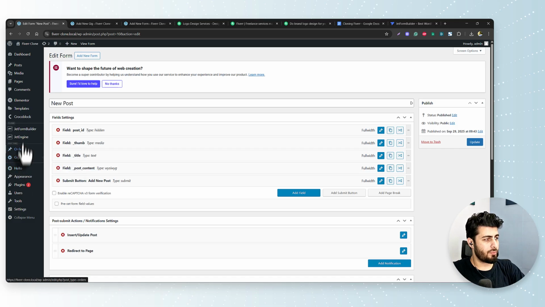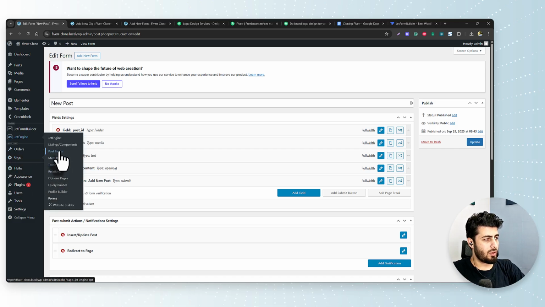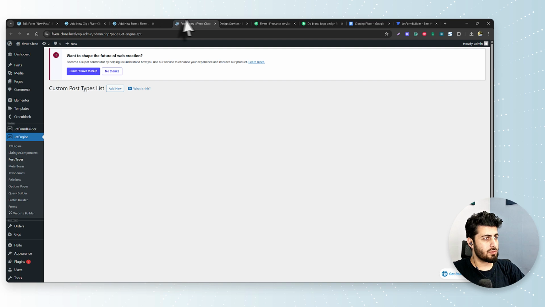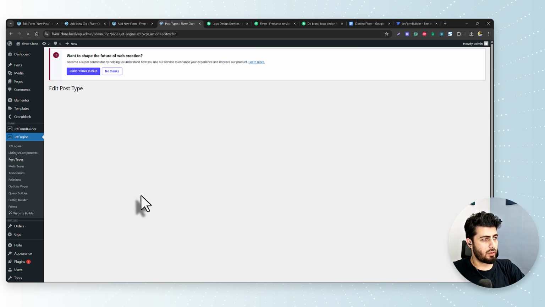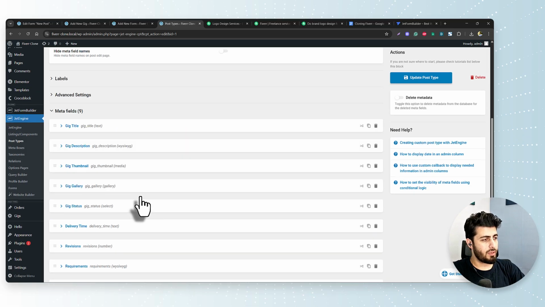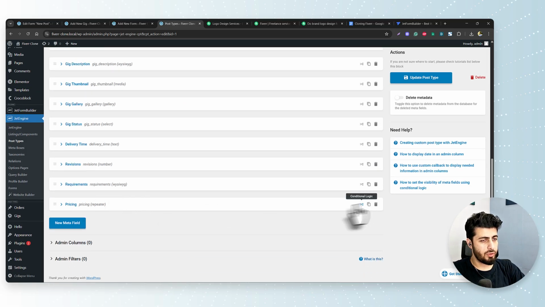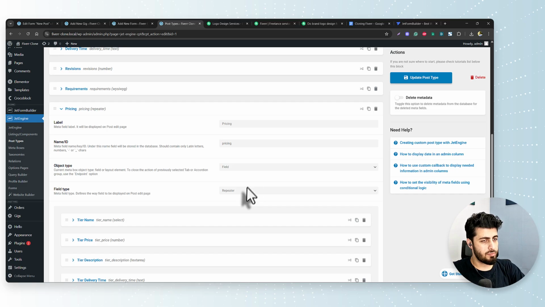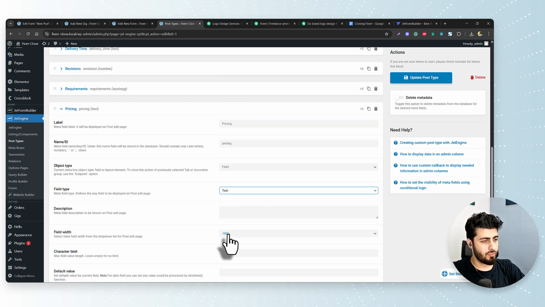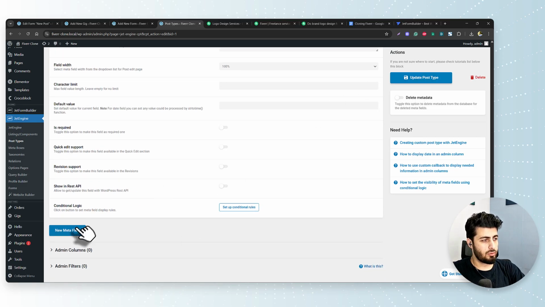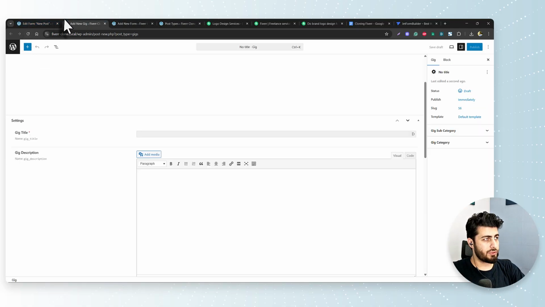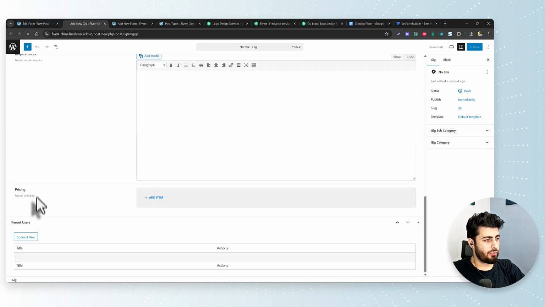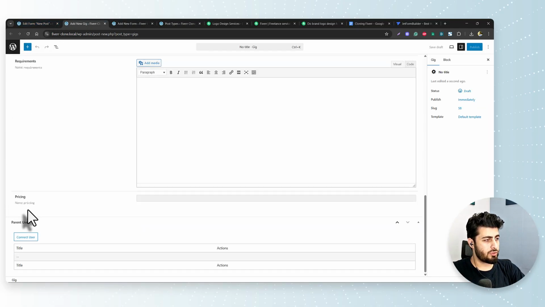I'll go ahead to the JetEngine post types. Inside the post types, I'm gonna click on gigs, and here I'll replace the pricing repeater with just a simple text field. I'll click on update post type. And here, if I refresh the add new page, pricing should be really straightforward,